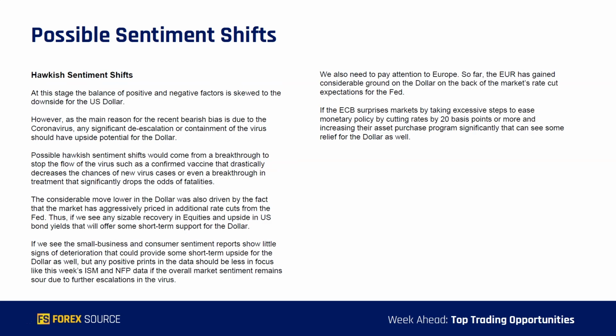Then looking at some potential hawkish sentiment shifts, at this stage the balance of positive and negative factors are definitely skewed to the downside for the dollar. However, as the main reason for the recent bearish bias is due to the coronavirus, any significant de-escalation or containment of the virus in the US particularly should have upside potential for the dollar. Possible hawkish sentiment shift would come from a breakthrough to stop either the flow of the virus, such as a confirmed vaccine that drastically decreases the chances of new virus cases,